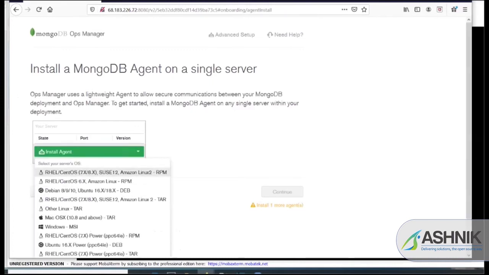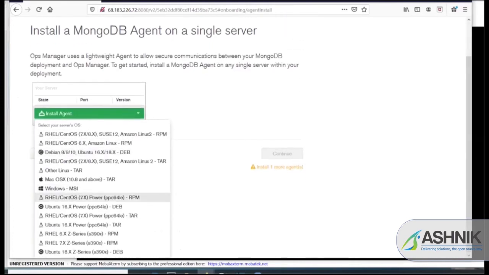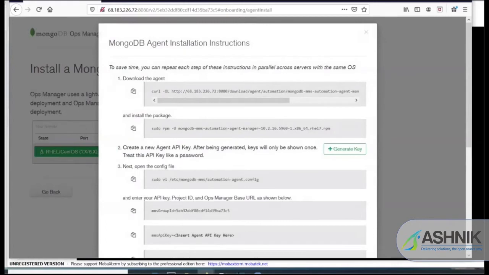It will list the number of available OS packages. Mine is CentOS 7, so I'm choosing that. You can either use curl, or you can download this package from the Ops Manager website directly, and you can install it.